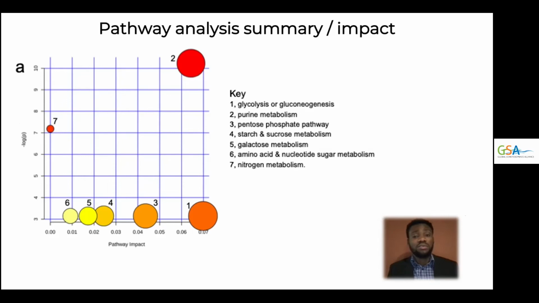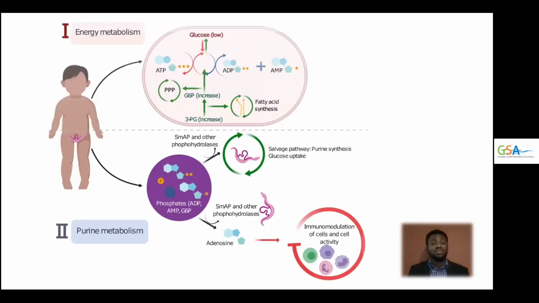Now, as a follow-up to determine what the exact systemic impacts of the alterations we observed in this study are, we conducted a pathway analysis which showed that the most significantly impacted pathways were involved in energy and purine metabolism in the host. So with the results I've shown, we propose a model as to what exactly is happening in the host system. With regards to energy metabolism, we know that the schistosome worm can use up the host glucose levels up to an equivalent of its dry body weight every 6 hours.